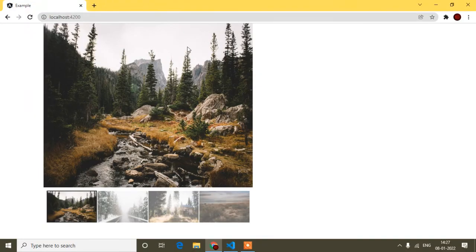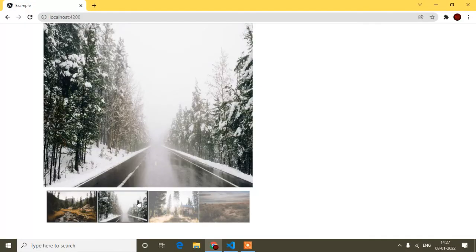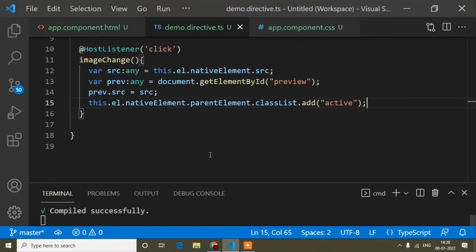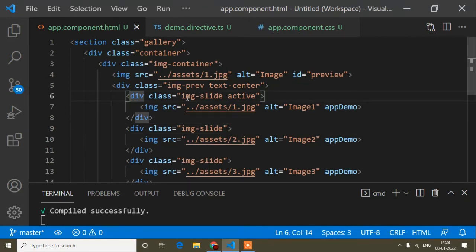Here if I click, you can see when I'm clicking on an image, the active class is added, but from the image which was previously active, it should be removed. So that's why guys, here you can see the class name is this one.